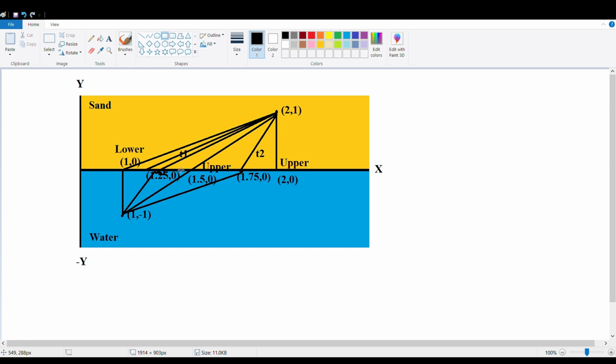Now we'll check which one of them is greater, because right now you can see that T1 is denoting all these parts. T1 is basically calculating the time of this part, and T2 is calculating the time of this part. So if T1 is greater than T2, then our answer will lie in the T2 region. And if T2 is smaller, then our answer will lie in the T2 region.